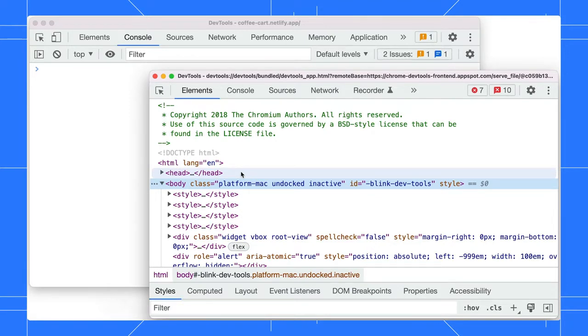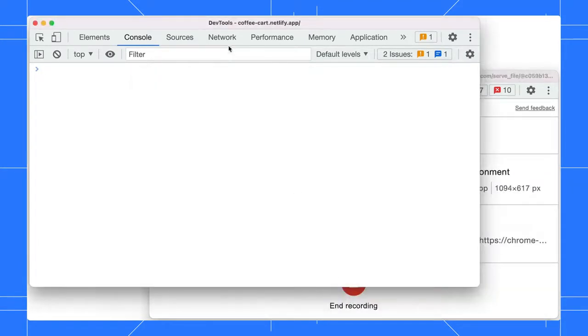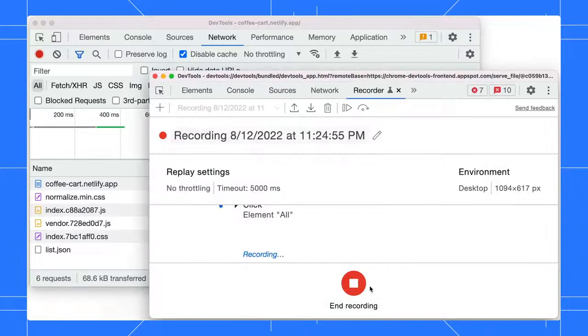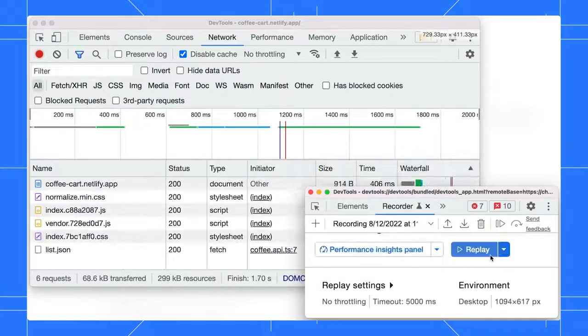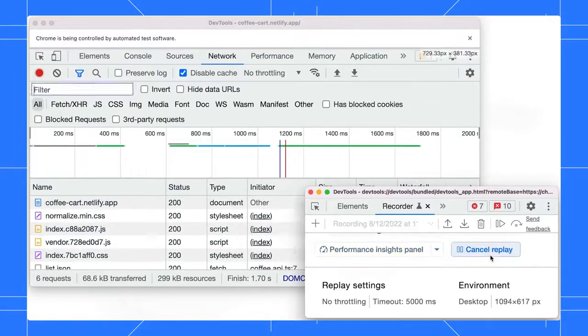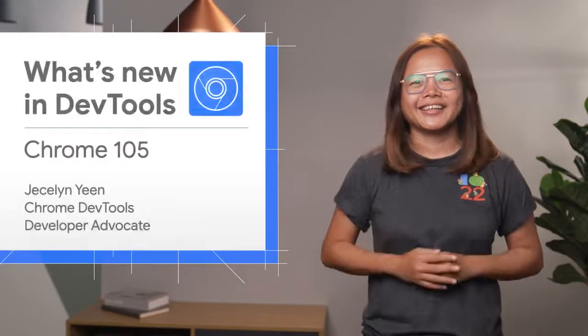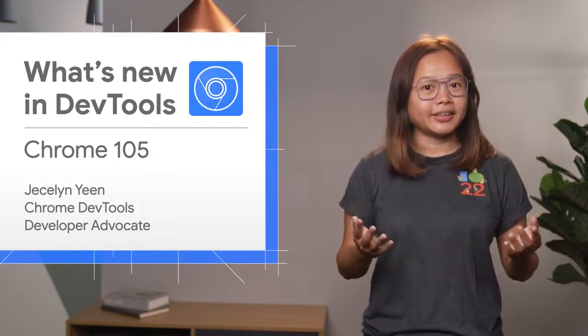DevTools extension developers use this too. Next, start a new recording in the recorder, navigate around DevTools and click some buttons. All the steps are captured accordingly. Stop the recording now and replay it. There you go, record and replay DevTools user flows with DevTools. It is mind-blowing. Alright, there are more new features covered in my blog post, and as usual, the link is